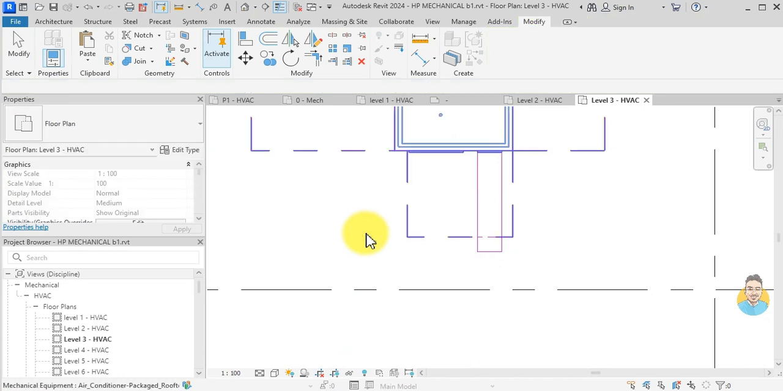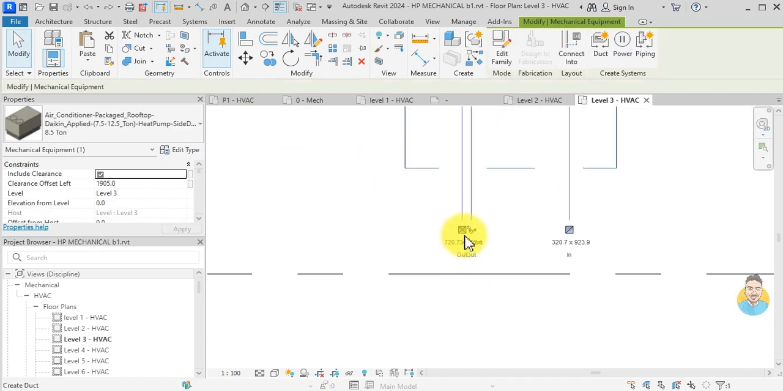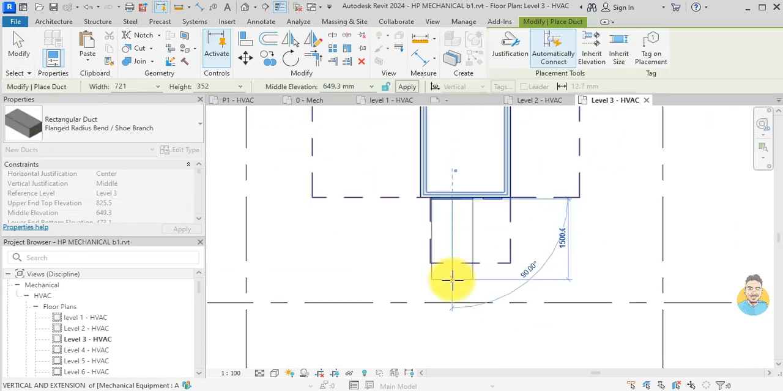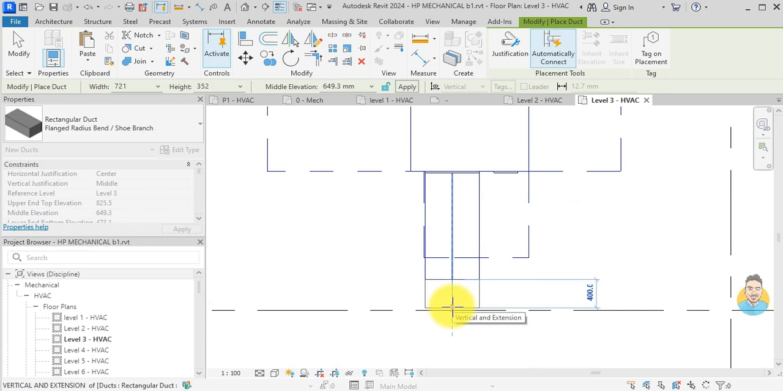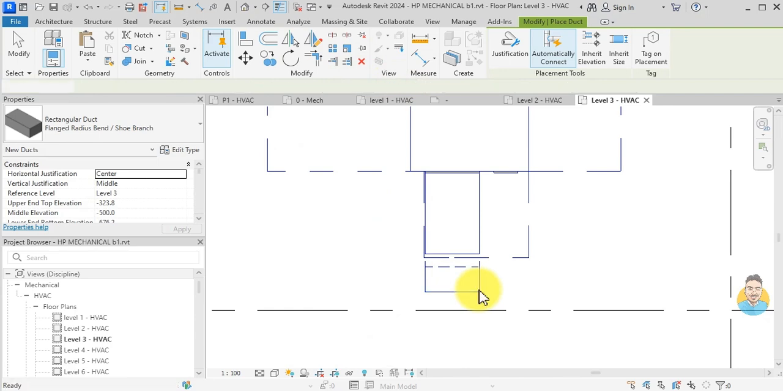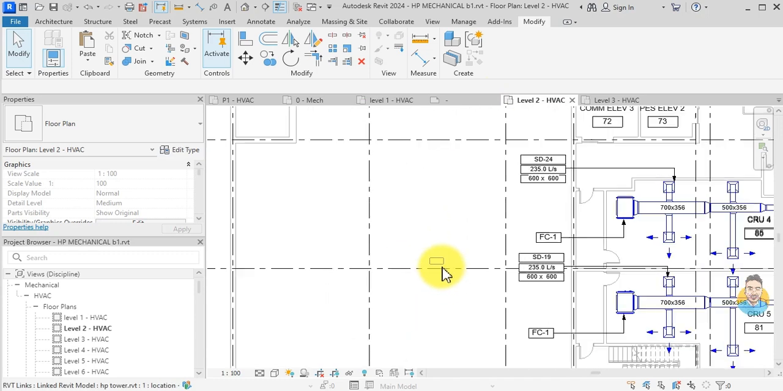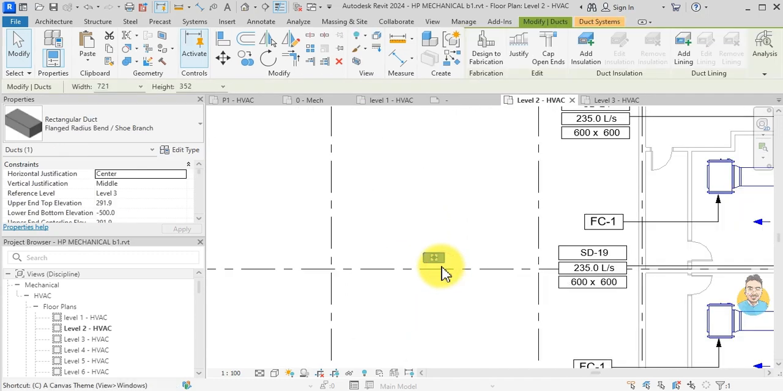Then this is not the supply duct, this is the wrong one. So this is the one that's going out. And I click here. Then the middle elevation, I need it from level 3 to be maybe -500. I hit apply. So it did draw the elbow. So and it did show here. CS for create similar,